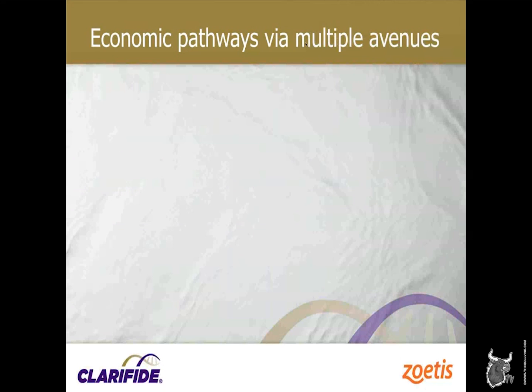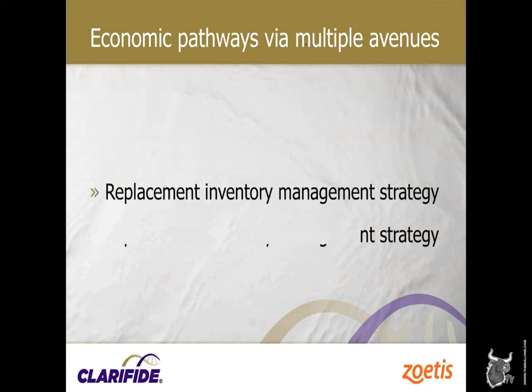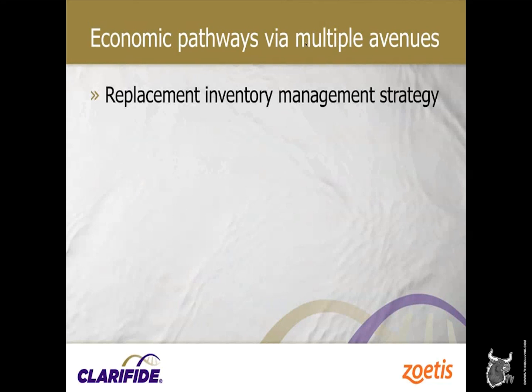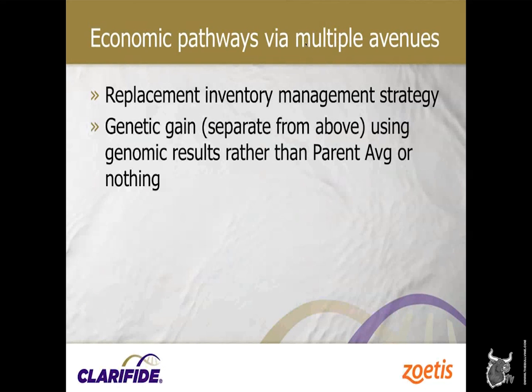And we're going to spend, again, the majority of our time on the first two bullet points shown here. First, we can demonstrate the economic value of genomic testing all young females of a given age using a replacement inventory management strategy. Secondly, we can also demonstrate how much improvement in profitability can be gained by using genomic test results rather than using parent average or choosing to not make any change in your selection strategies for your females